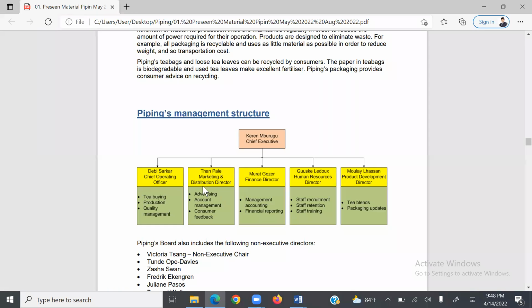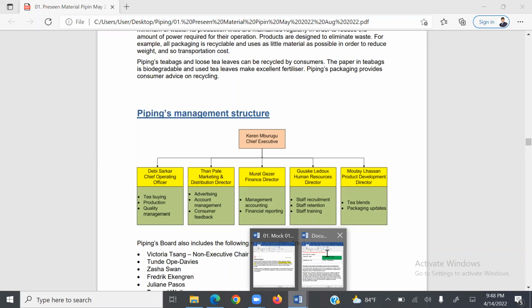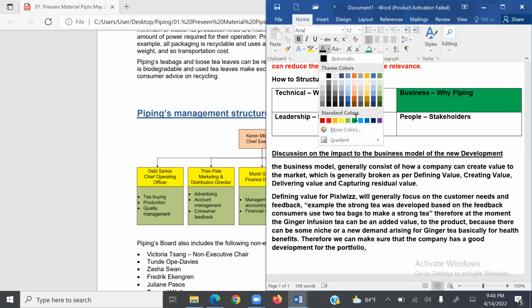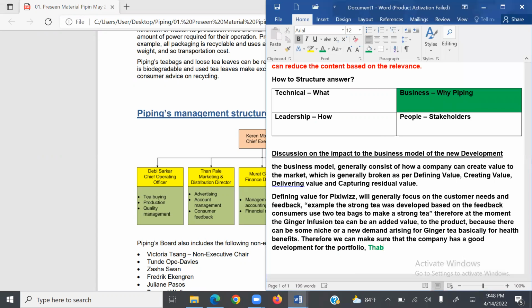Now, if you see the marketing, I'll write down here Tan Pale, because he is the person who is involved in the marketing. So I will write down a small note so that you will understand how to use the characters also in the case study. Tan Pale can generally review